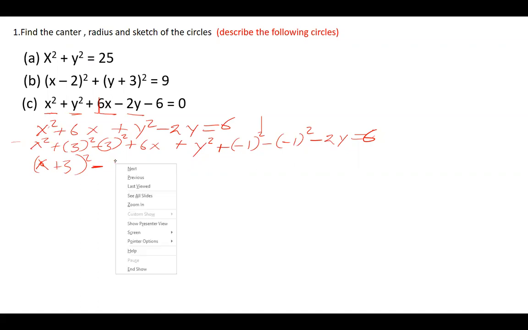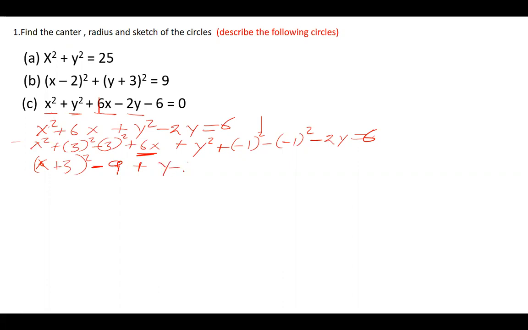Okay, so 3 squared is 9. That's the problem. And then we forget about this. I'm sure you guys learned this method of completing the square on quadratic functions. So we forget about 6x, move on to this. Then we're going to have plus,